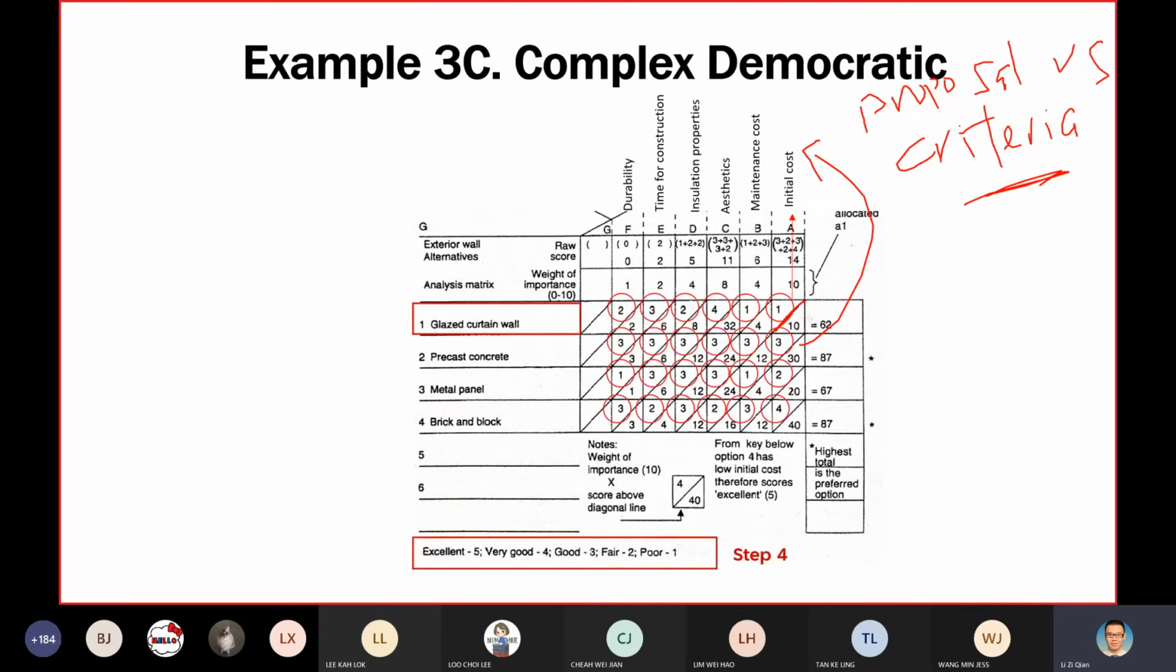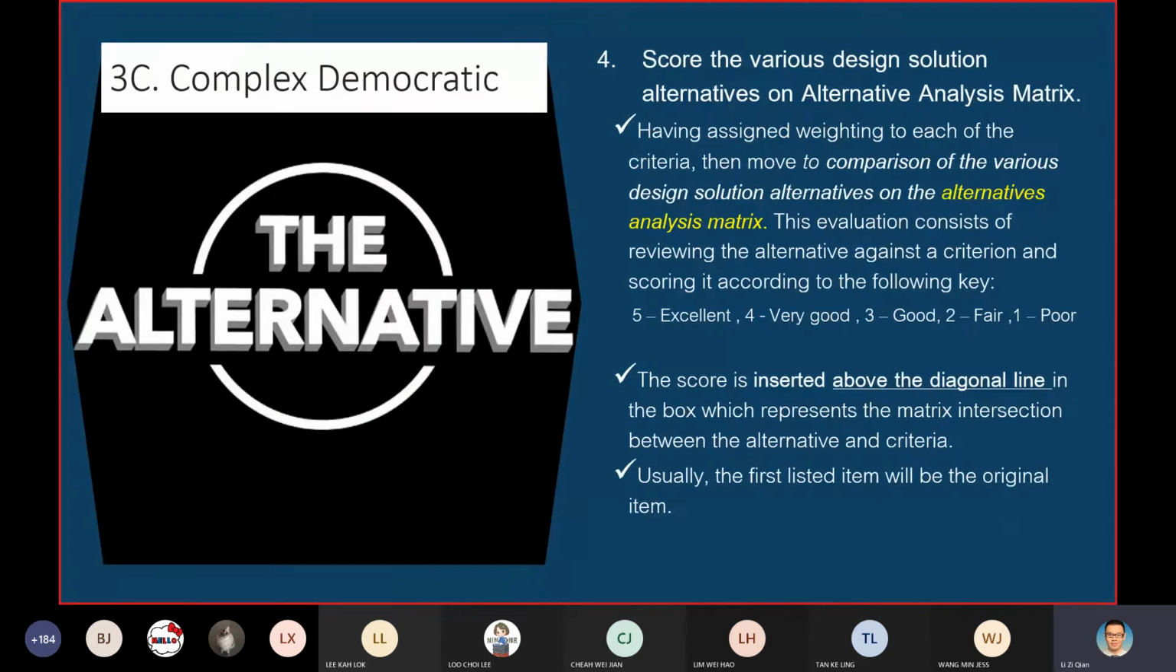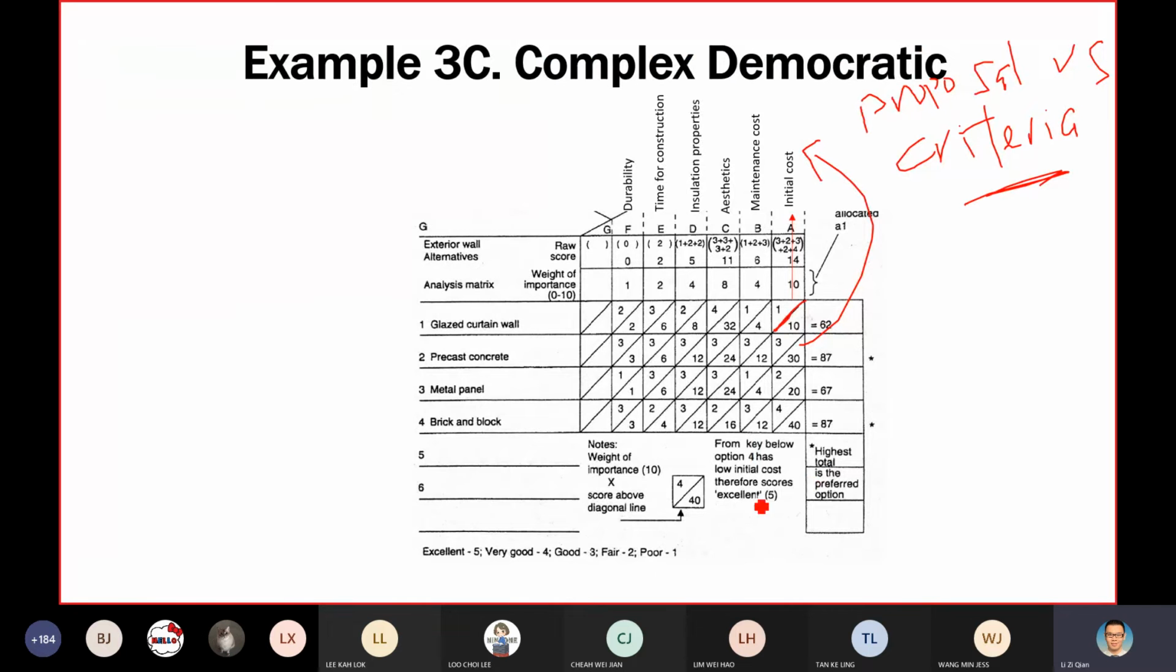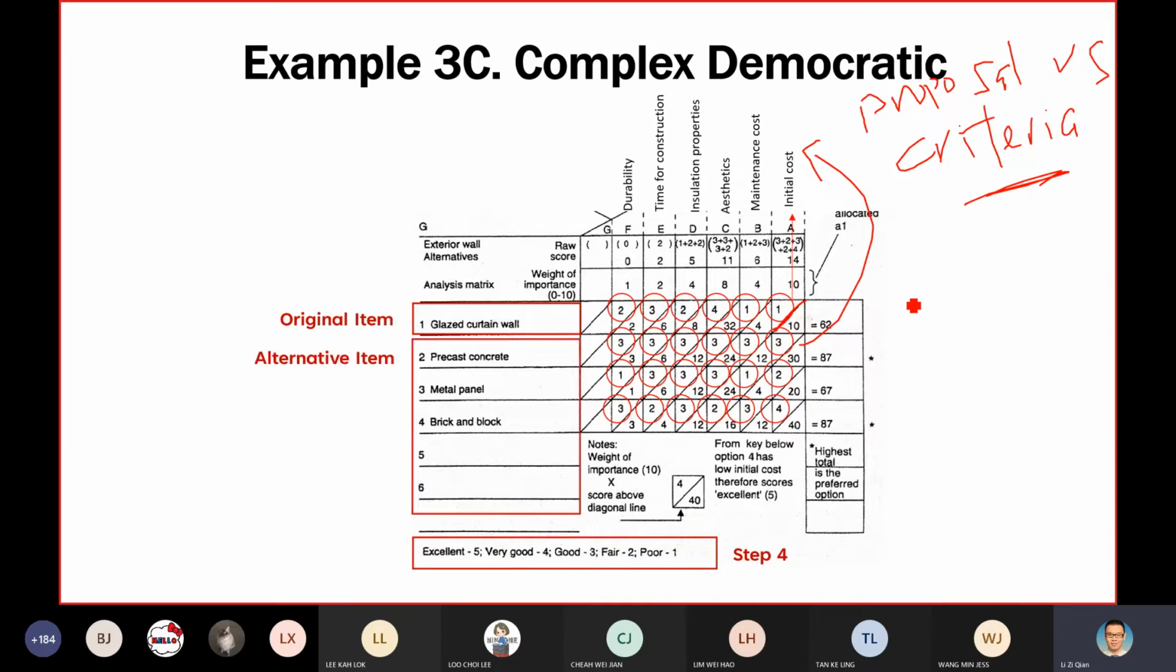Understand? If I just show this, you won't understand. See the example here, then you can have a better idea. So the entire table here refers to step 4. Always remember, usually for the first item here, we will use back the